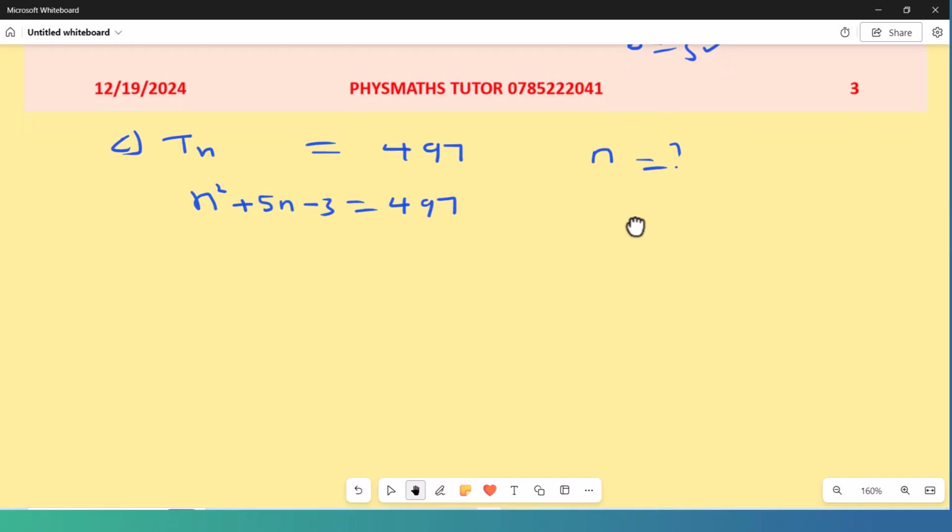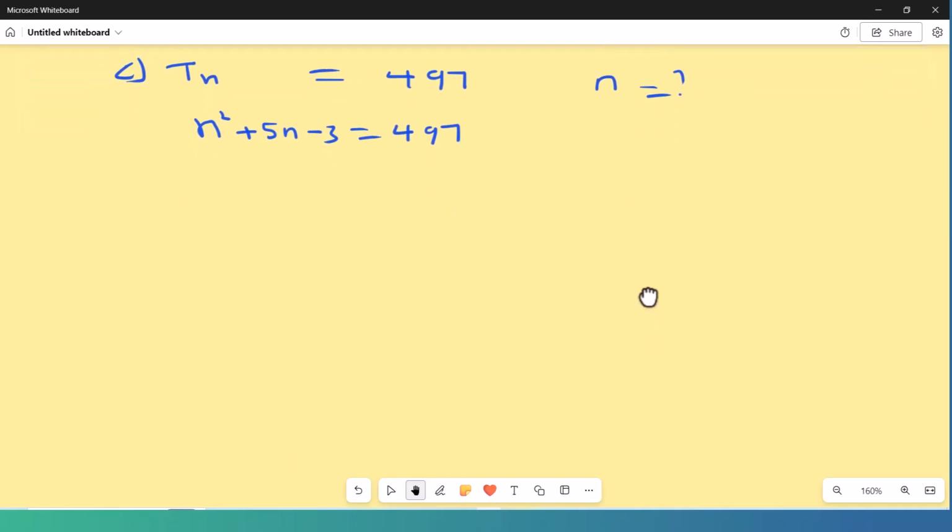Let's proceed here. So this is going to be n squared plus 5n minus 3, then minus 497 equals 0, which gives us n squared plus